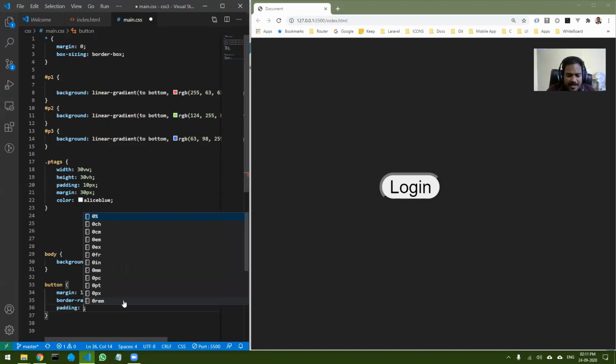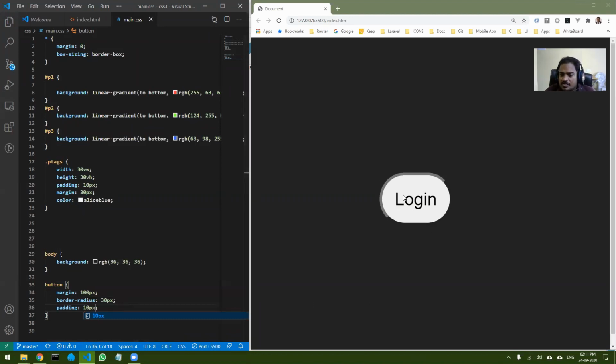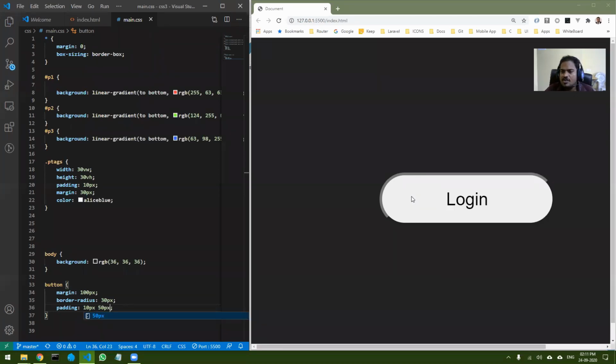So padding I can do, let's say 10 pixels. You can see now my padding is applied, but I don't want the same padding top and bottom and left and right. I want top and bottom to be 10 pixels and left and right to be, let's say, 50 pixels. So this is how my button looks now.